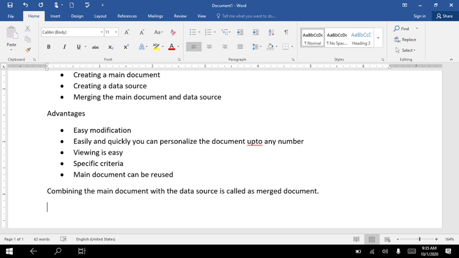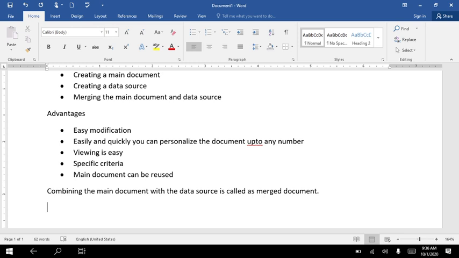You'll have to preview before you take the printout also. You'll just see the preview, whether it's correct or not, whatever you have used. I think in the previous classes, in your 5th or 4th, you would have read about internet netiquettes or email netiquettes. Do you remember that? Email netiquettes means there are some rules and regulations when you write a letter or an email. The same way here also you have to preview it so that you can see if there are any mistakes. You can check with that.